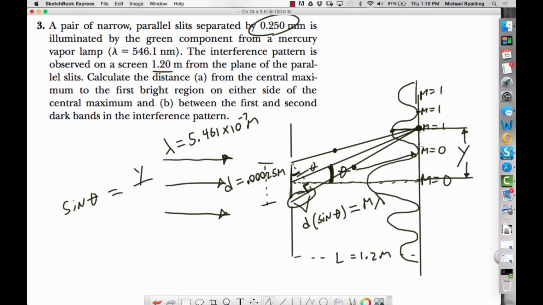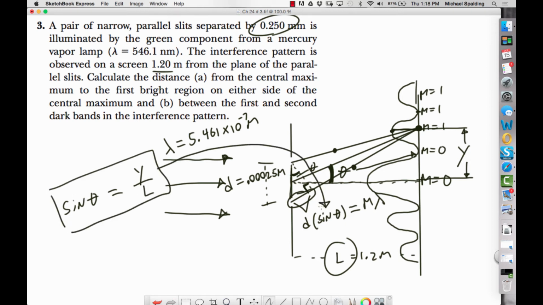Y is the opposite side, and for the hypotenuse, we're just going to say the hypotenuse is L. We've talked about that in here more than once. So sine theta equals y over L. You take this, plug it in here into that equation, and then you get the equation y equals lambda L over d